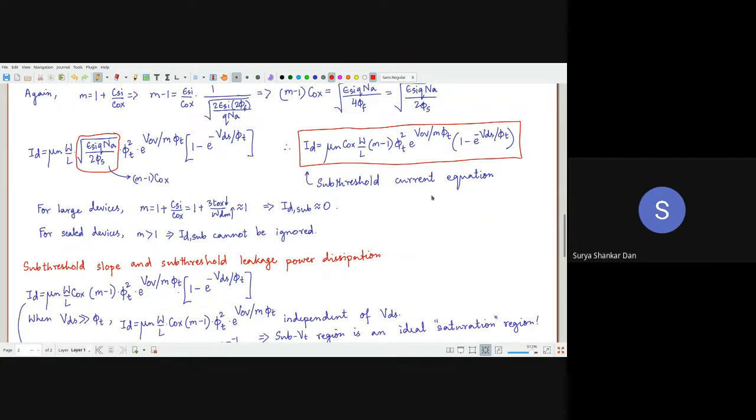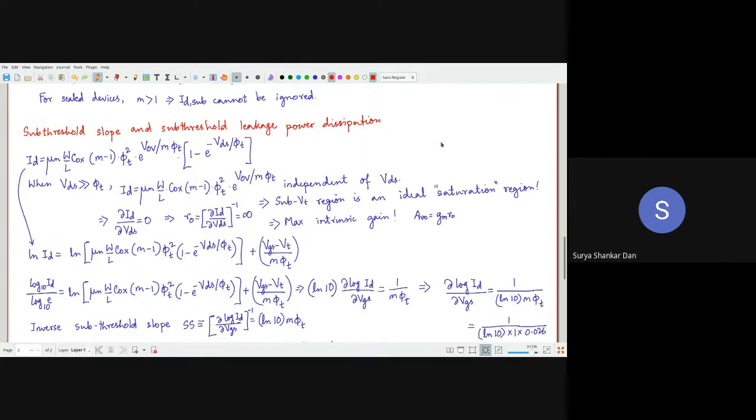All right. So for scale devices, this is going to be your current. Now VDS, as I said, is much larger than phi T. So this bracket part you can forget. That is what I have written. That's why maximum intrinsic gain here. This is the maximum intrinsic gain, and the subthreshold region is an ideal saturation region. In fact, in your interview, these are the tips for your placements. If you can explain this, जो मैं अभी बता रहा हूँ, यही explain कर देना. Sir, given an option, I will try to design it slightly less than threshold voltage. That will essentially help us with getting the maximum gain.